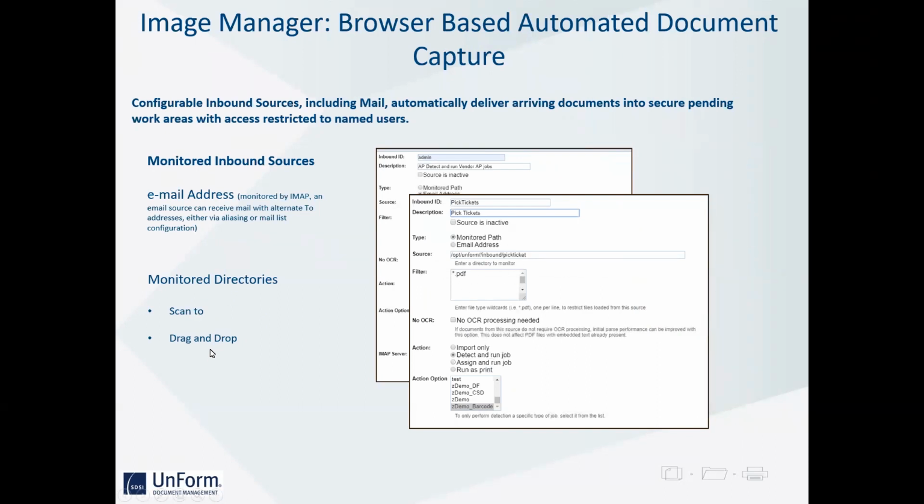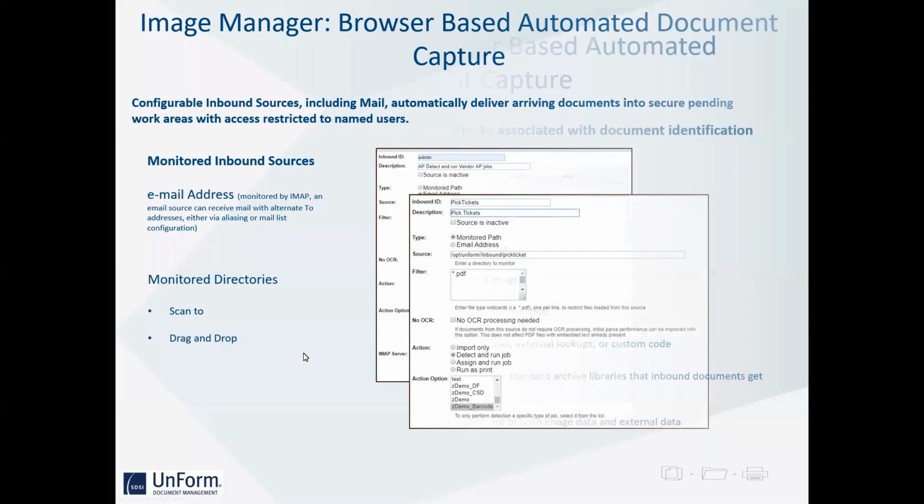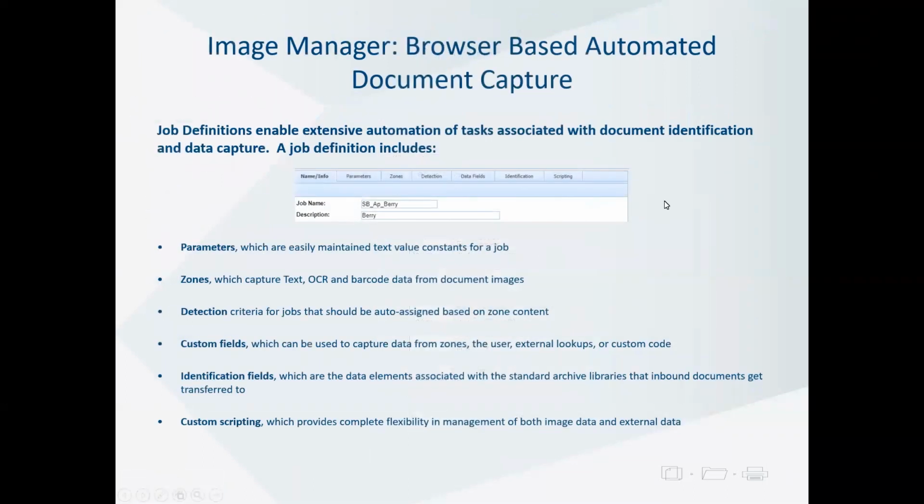And you can also drag and drop documents in there. But again, a typical example would be if you're scanning signed PIC tickets. You can scan them to a specific directory. UnForm will monitor that directory. Image Manager will pick up those documents and process them based on whatever the particular configuration is for that monitored inbound source. Once it gets into Image Manager,